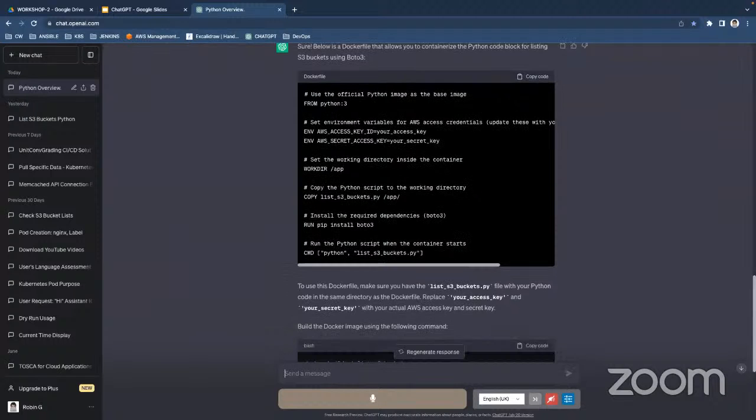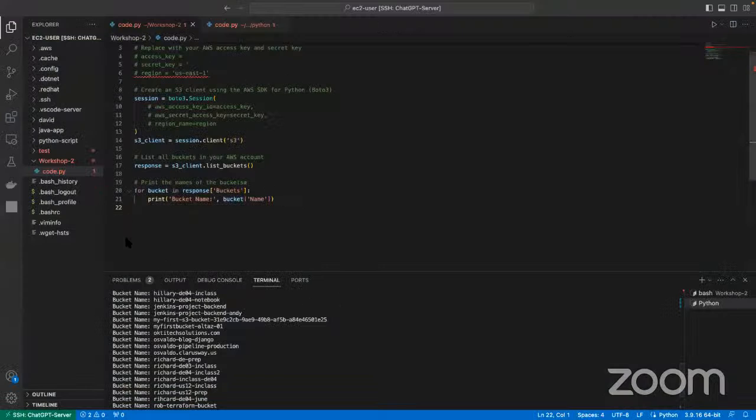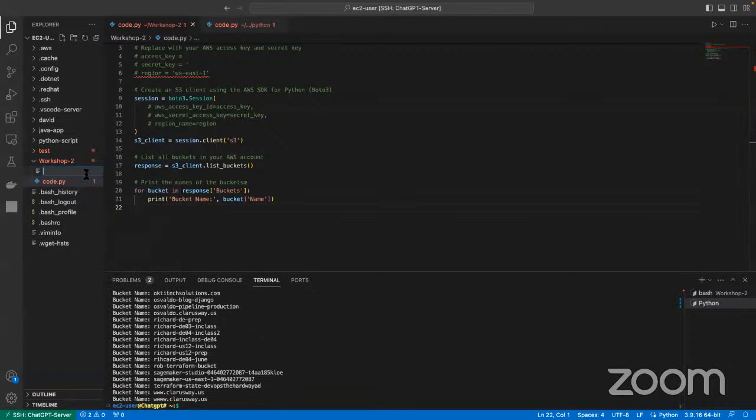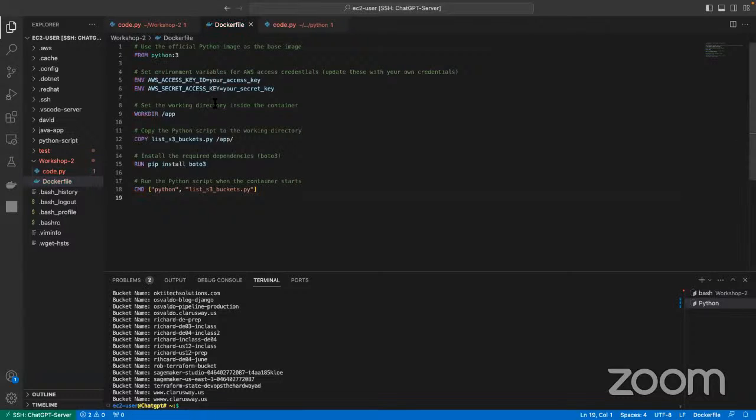So just copy this one from here, get back to VS Code. Under this one, new file, Dockerfile should be written starting with the capital letter D, and we have no extension for Dockerfile, right? So just paste it there.